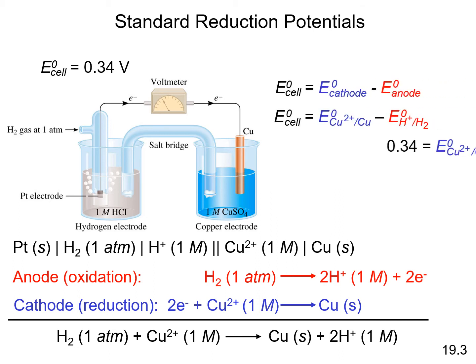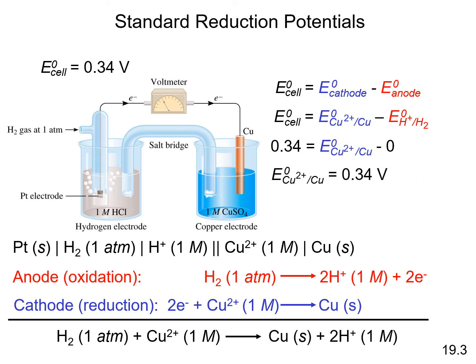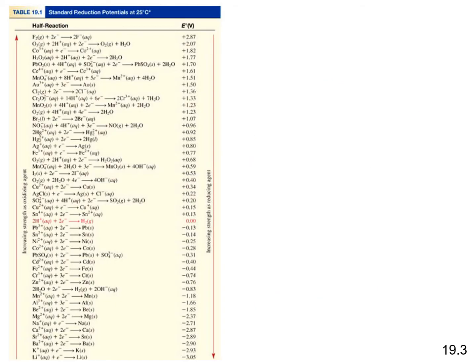So we get the E cell, so we can determine the reduction potential at our cathode, meaning the copper electrode. So the standard reduction potentials of all the other half cell reactions are basically summarized now in this